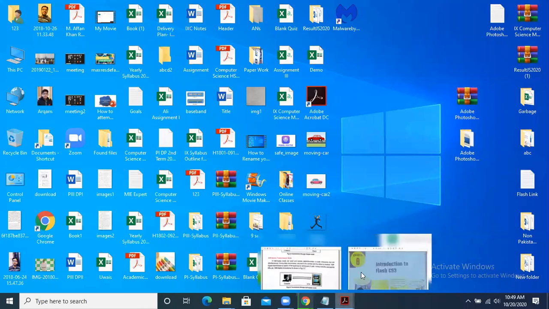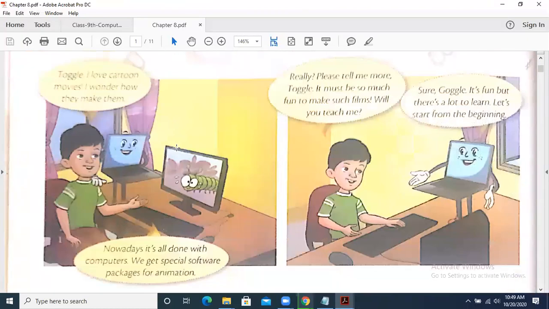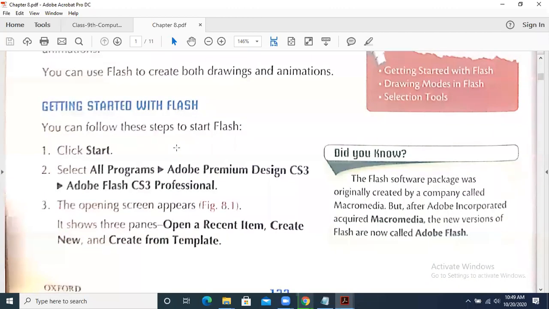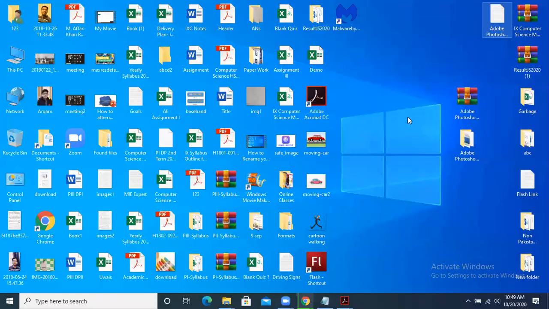Now, we are going to do some more commands today. Inshallah, we are going to start. First, we need to know that when we have got Adobe Flash, how we are going to open it. But right now, I'm not taking any other question because I have to explain this chapter. At the end of the lesson, I will give you time. Let me explain the things that I want to discuss today.